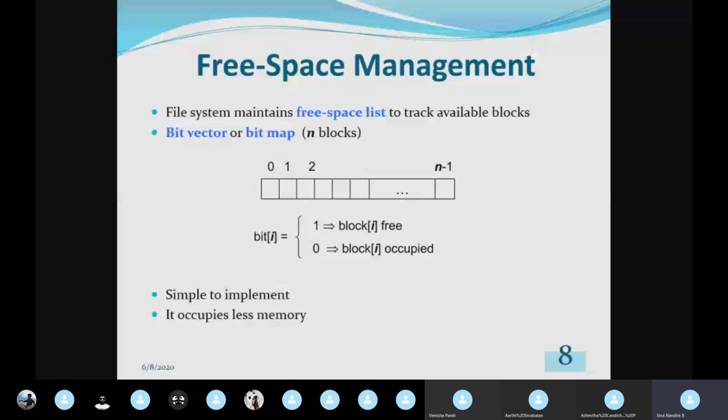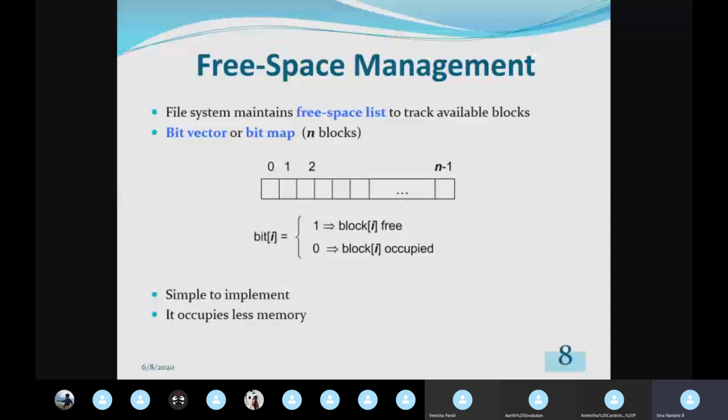That is, we are having a disk storage of logical blocks 0 to n minus 1. What are the logical blocks that are free, or what are the logical blocks that are filled? Likewise, you need to have some details. Only if a new file needs to be accommodated in the disk storage, it can see in the free space list what logical blocks are free and how we can allocate this new file in the disk storage. For that free space management also, we are having some mechanisms. So we will see the mechanisms one by one.